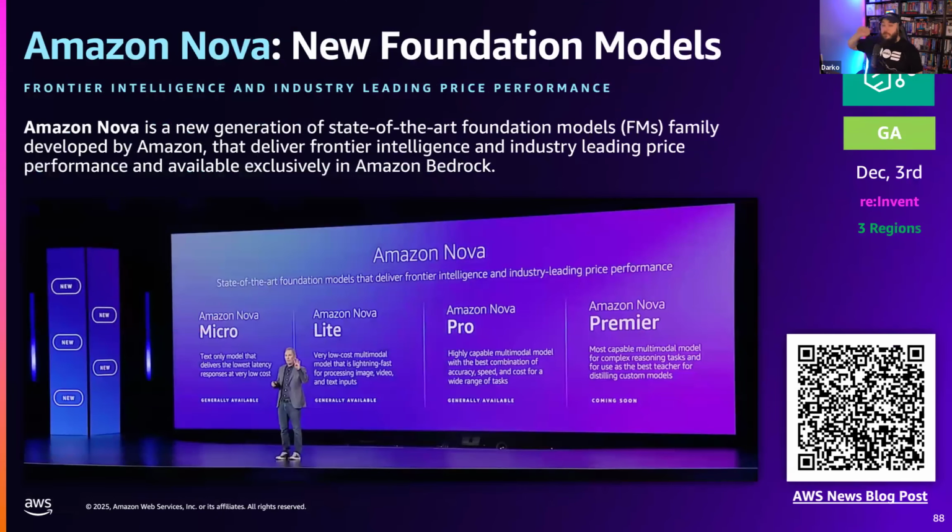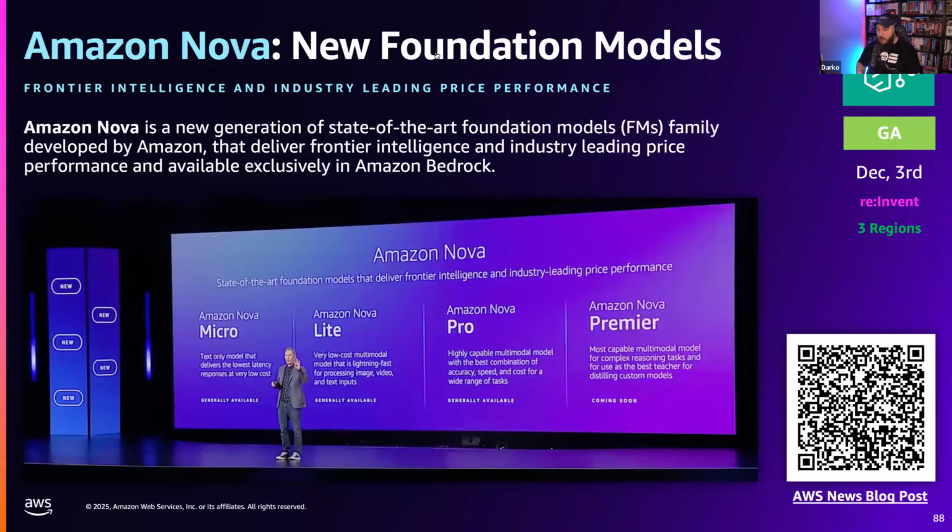Okay. Amazon Nova. Yes, I kind of gave you a sneak peek of this, but these are the new foundation models from Amazon. In the past, the models available from Amazon were the Titan models, which were okay, to say the least. Amazon Nova is the next generation model that we have right now. It is really cool. There's Micro, Lite, and Pro. These are like the sizes, and the Premier is coming soon. These are incredibly competent models right now on Amazon Bedrock.